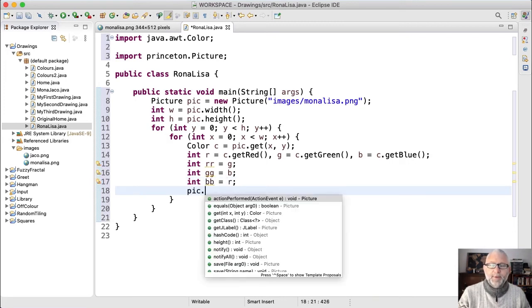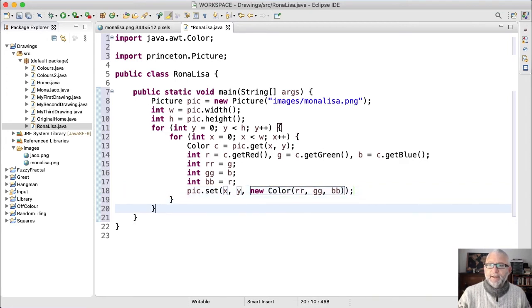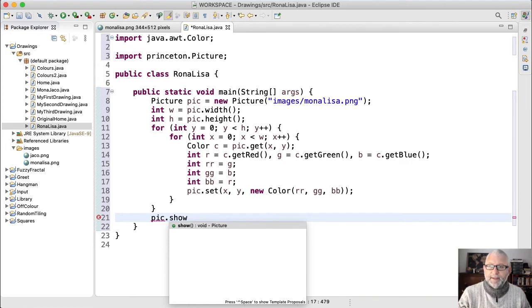And then I'm going to put back the pixel color. (x, y) will be a new Color of the new RGB. Fine, good. So I've changed the picture in some way, and finally I'm going to use the method